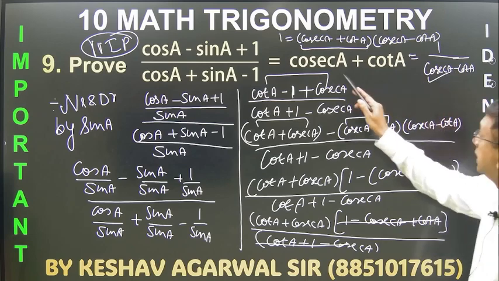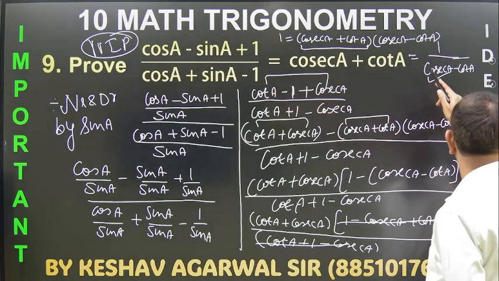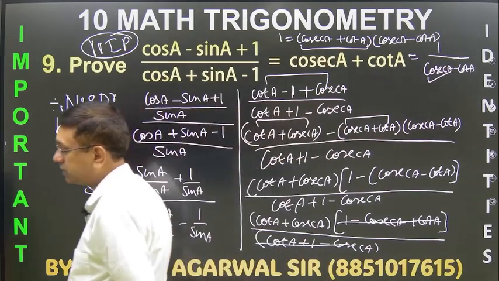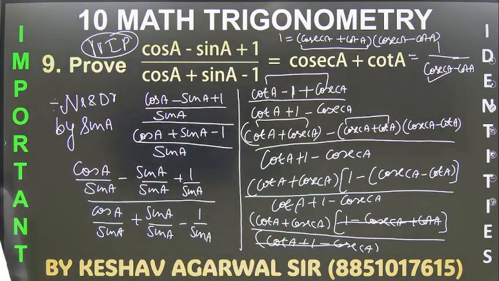So sometimes instead of this they may ask you to prove 1 upon cosec a minus cot a. So even the examiner can ask you to prove this way. So you have to be very thorough and particular कि what exactly the question is, and you have to observe and go accordingly, right? So that is what it is.